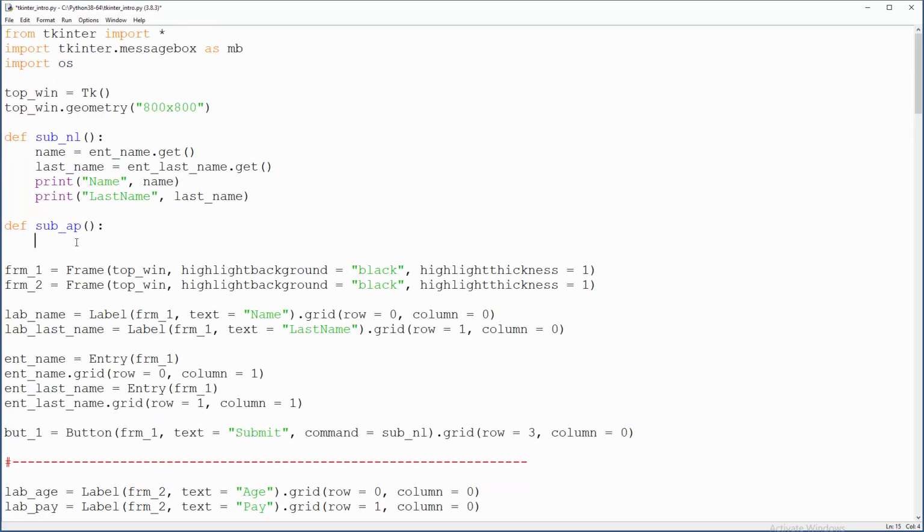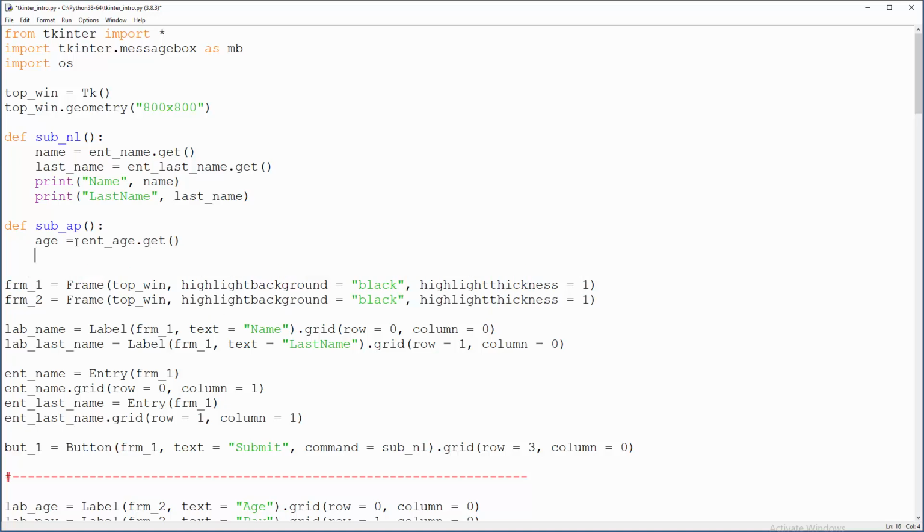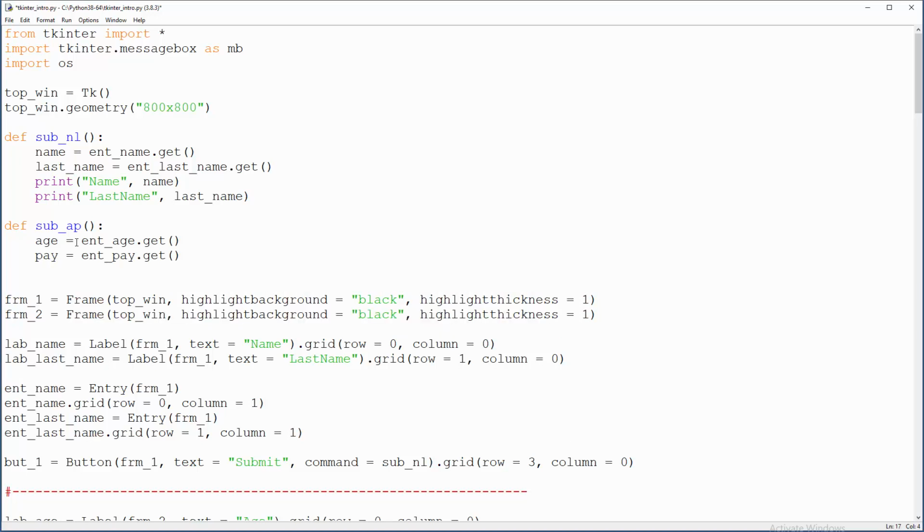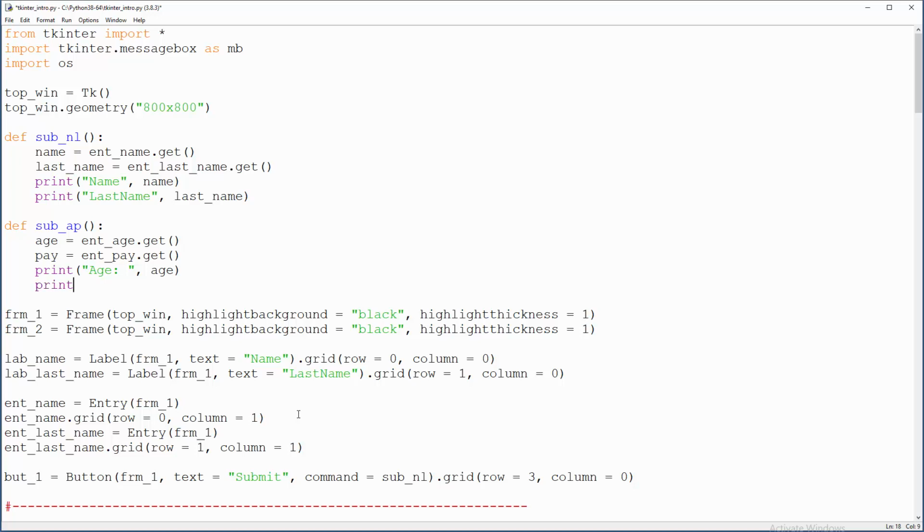Here we will grab age from entry for age dot get, and we will grab paycheck, entry field for pay, and then we will just print it like age, and we'll grab age like a real data from entry field, and same stuff for paycheck,